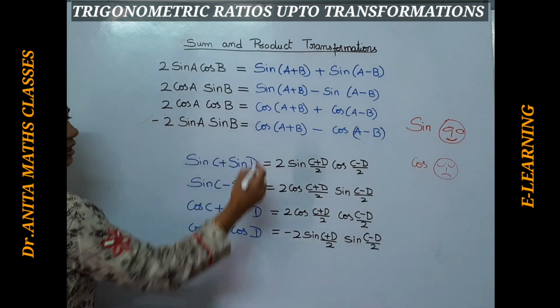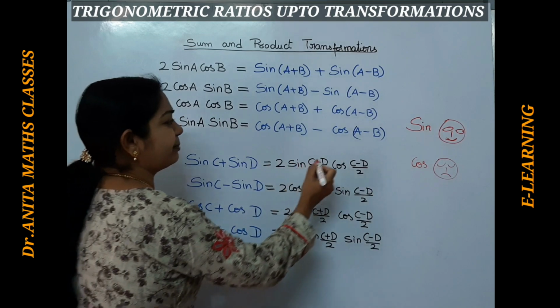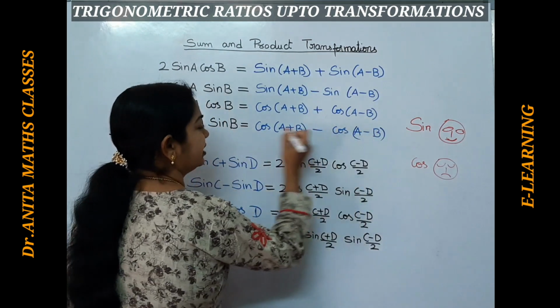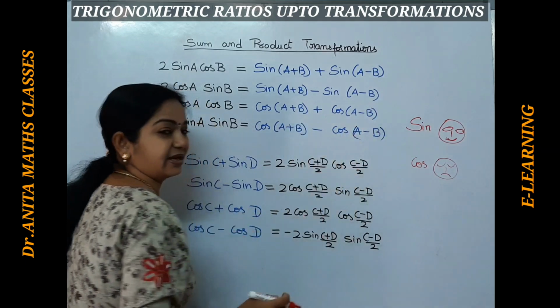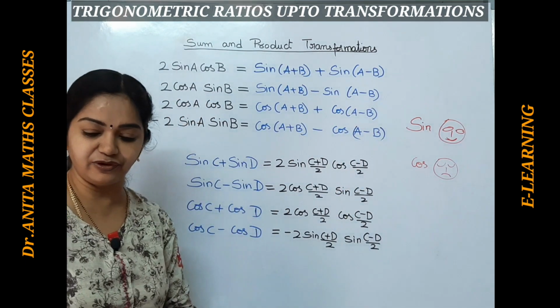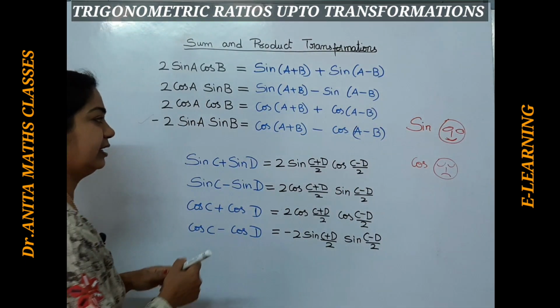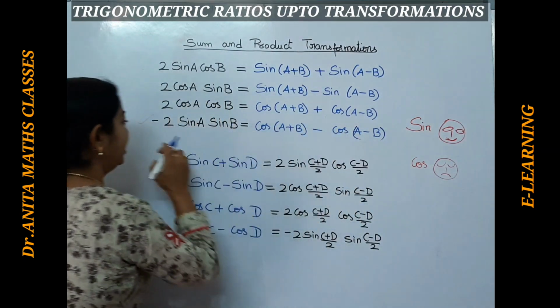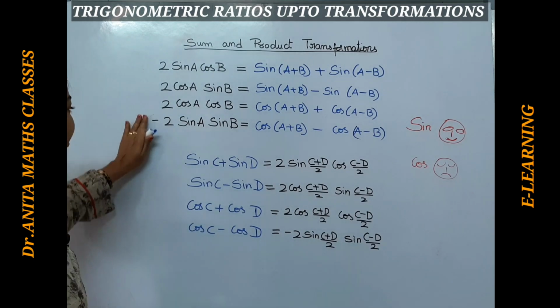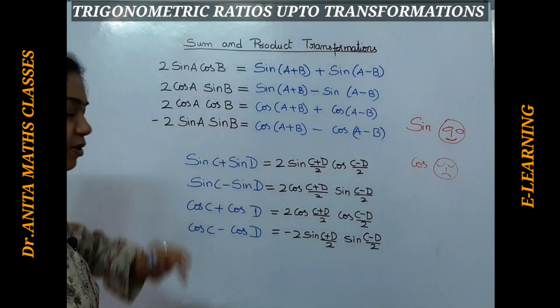So in some textbooks they are transforming this to this side and this to this side, but that will be a bit confusing for you if you are transforming here. In the textbook it will be cos A minus B minus cos A plus B. Here they are removing the minus sign, but if you are remembering that way it will not be easy.